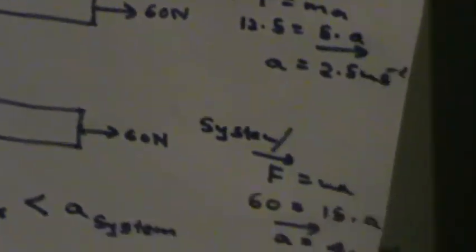So for these two objects to go as a system, this is the inequality that should be followed, right? A maximum should be greater than A system, but what we found here is that A maximum is less than this one. So we can conclude now that these two objects don't go as a system. So we have to put F equals ma to A separately and F equals ma to B separately and find the acceleration.